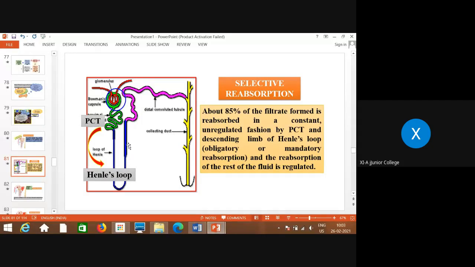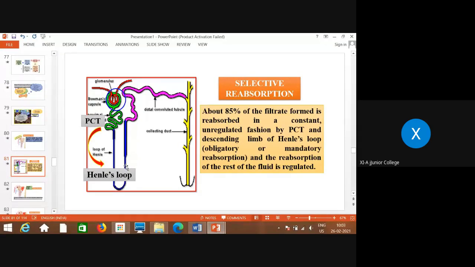Electrolytes means all these ions. So the PCT, especially the loop of Henle, plays a very important role in maintaining hydrogen ion concentration, that is pH, as well as ion concentration, whether NaCl, etc. So when this primary urine, which we call the filtrate or ultrafiltrate, is passing through the ascending limb, first from the proximal part, that is narrow, and then to the thicker region of this ascending limb,